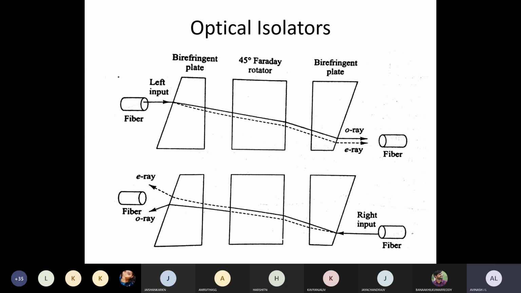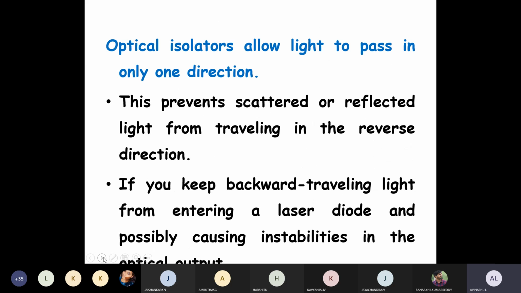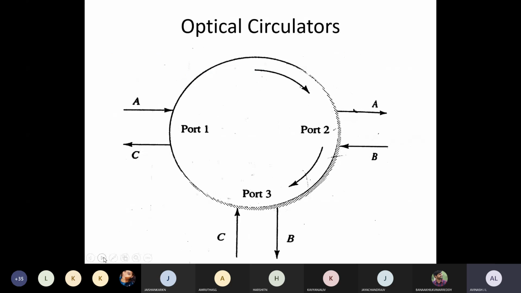So you can see that one. After that, we can see that it is happening in an E ray and O ray. That means electrical ray and magnetic ray, that means one is parallel and the other is perpendicular. So after understanding this, what is the functionality of the optical isolator, the diagram and all, we have